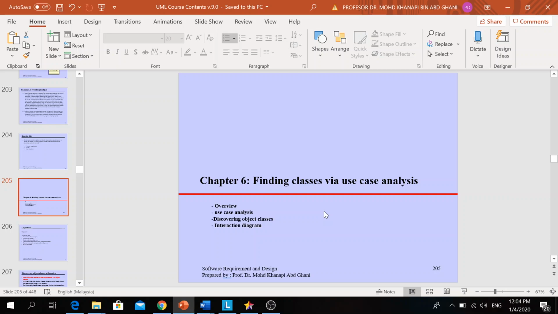Finding classes via use case analysis. Firstly, you need to complete your use case description, like I mentioned to you in the last lab. After you define your use case, you need to describe your use case description for each of your use cases. What you need to write in your use case description is three things.